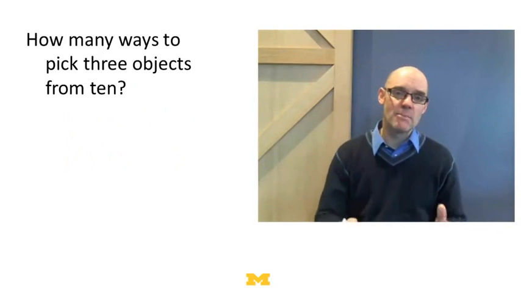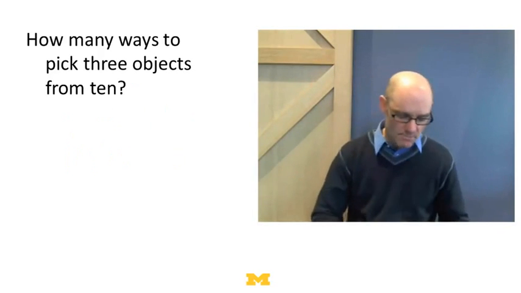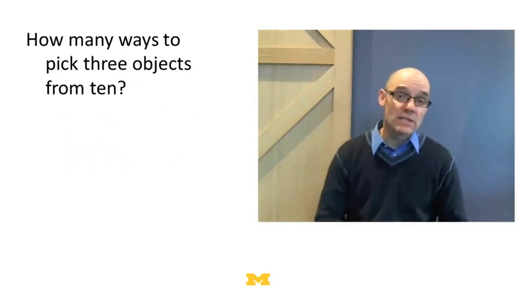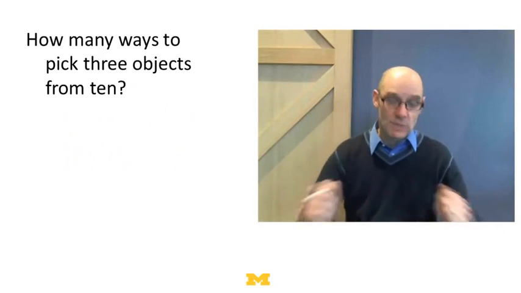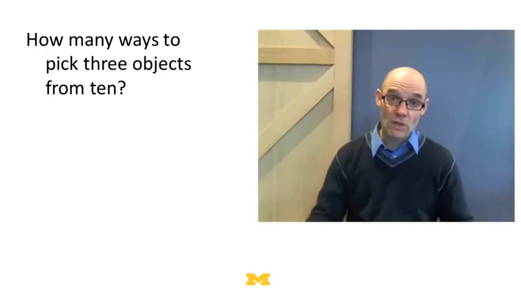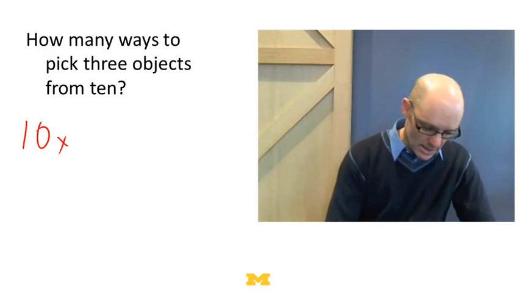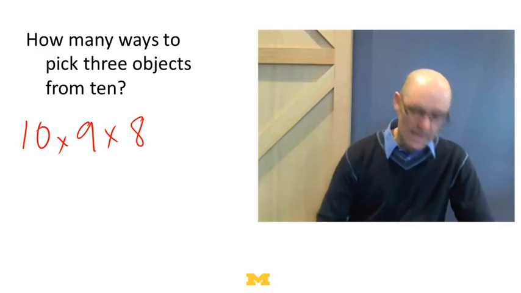Suppose I've got 10 possible solutions or techniques I can use, and I want to just pick 3 of them. I can think of this as the following mathematical problem. I've got a box with 10 objects, and I just want to pick 3 objects from those 10. How many ways to do it? Well, there's 10 things I could pick first, 9 things I could pick second, and